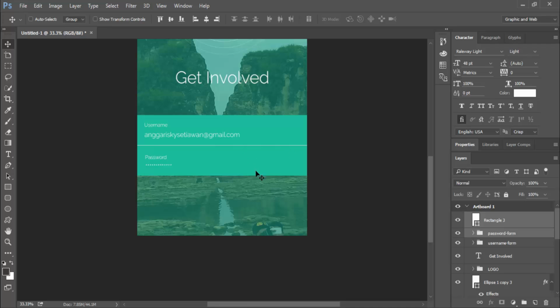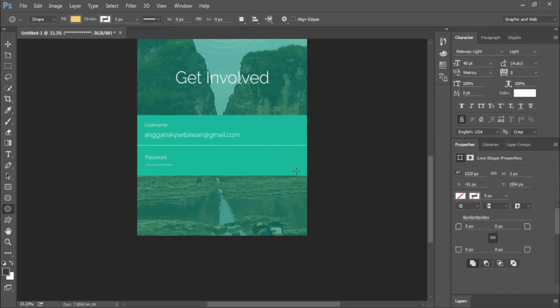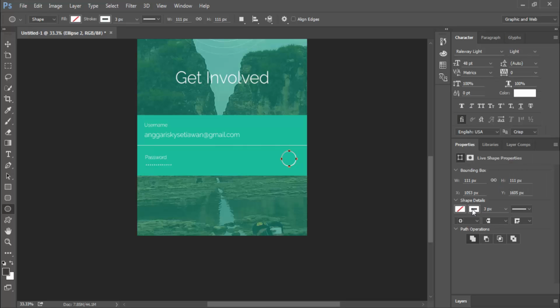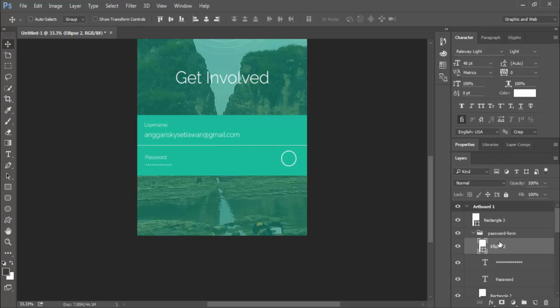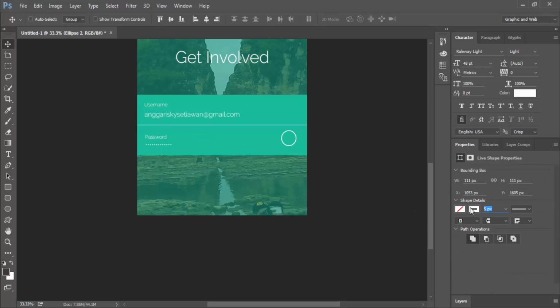Go to the password form and create an ellipse, disable the fill color, enable the stroke, and change the size to 2 pixels.